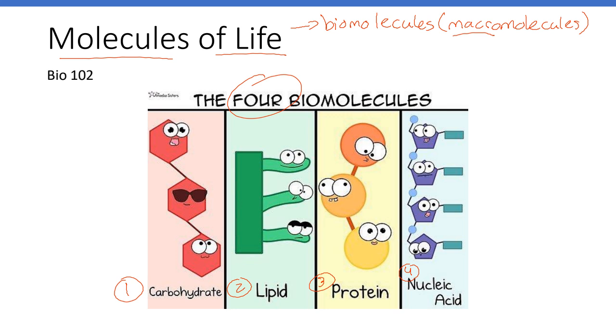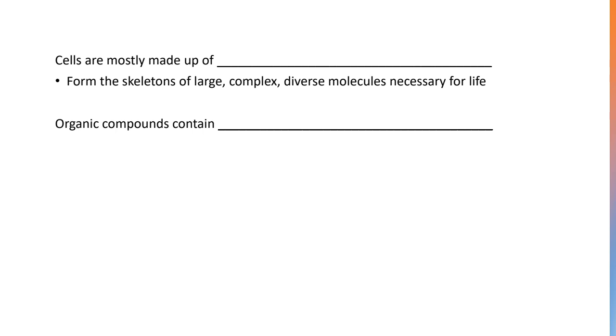But before we talk about macromolecules and proteins and carbs and lipids, nucleic acids, etc., we have to understand what they are made of. They are made of atoms, but to be more specific, cells are mostly made up of macromolecules based on carbon. So, carbon-based molecules. And as we go through the different biomolecules, you see that they have a lot of carbon. So we are based on carbon.